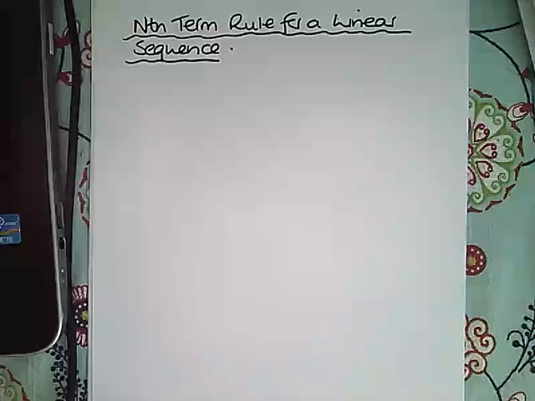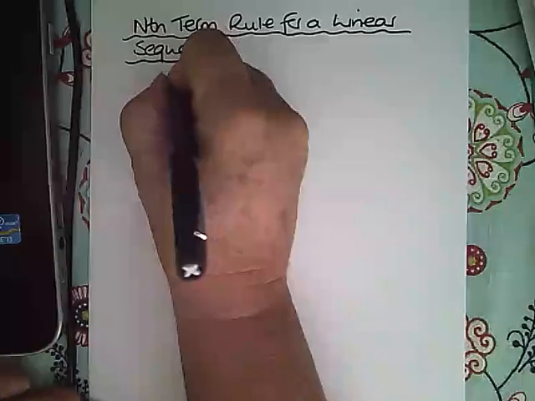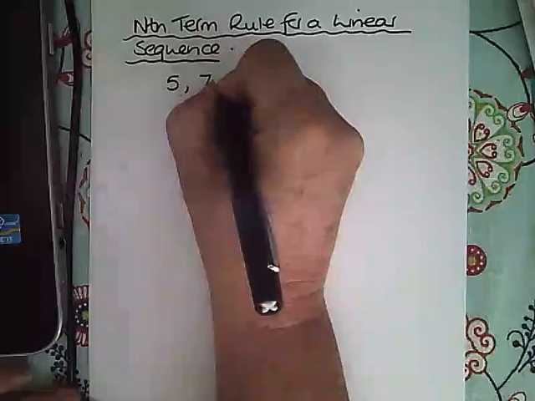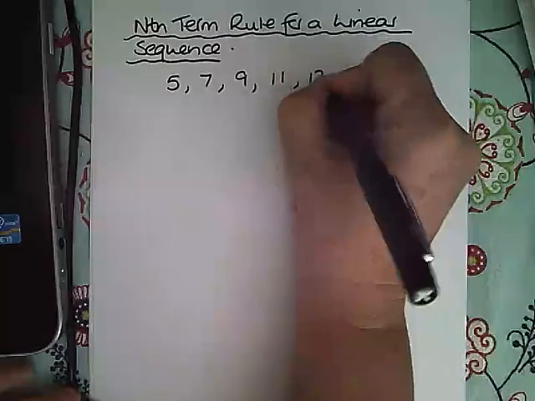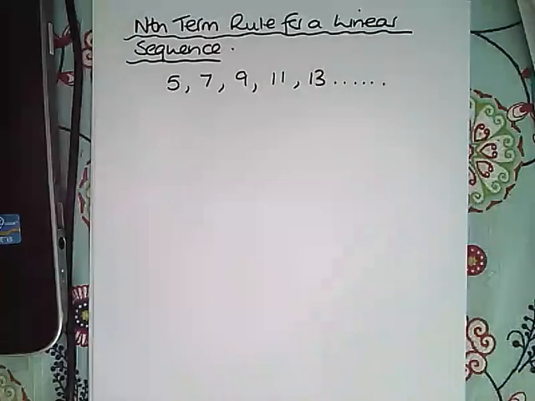This one is all about finding the nth term rule for a linear sequence. Let us consider this sequence: 5, 7, 9, 11 and 13, and so it carries on. Now at first look you can tell that this sequence has a general rule that you add 2 each time. But that's not precise enough for mathematicians, because if you just have a sequence where you add 2